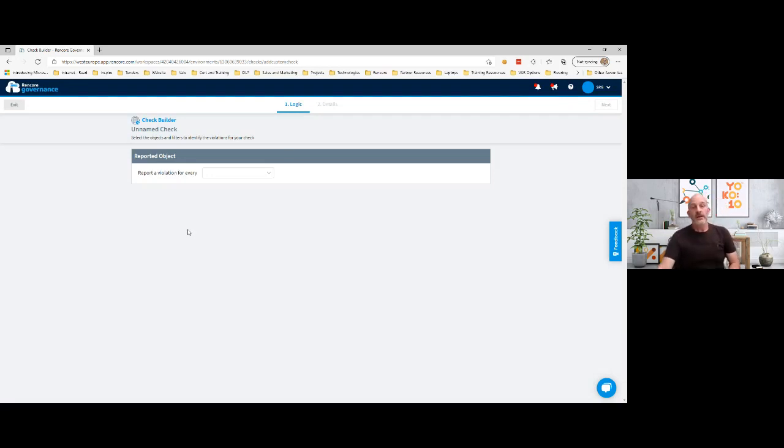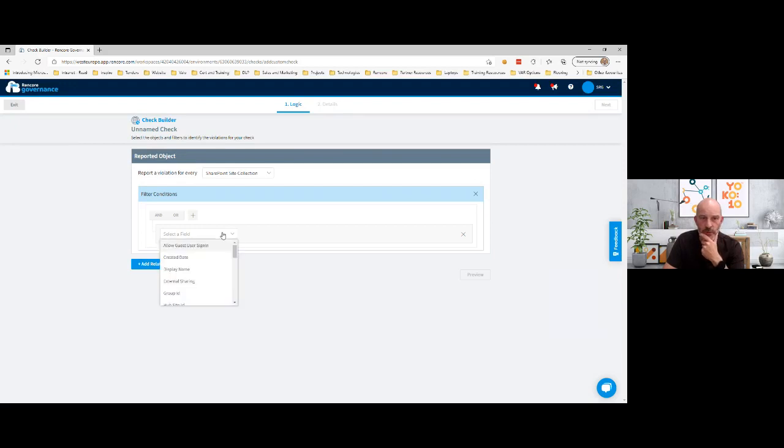This is where I start to build up my query or my rules. Every Microsoft 365 group has its files stored in a SharePoint site. So I'm going to come down here and look for a violation for every SharePoint site collection. I'm going to put a filter on that though, because I need to make sure it's group connected. So I come down here to my filter conditions. Is group connected? Yes. Okay.